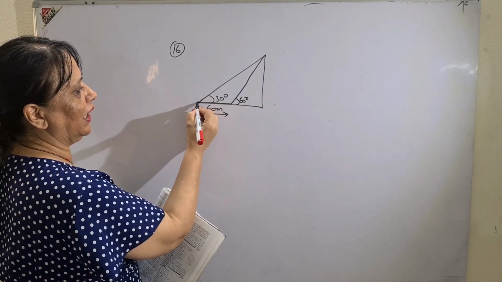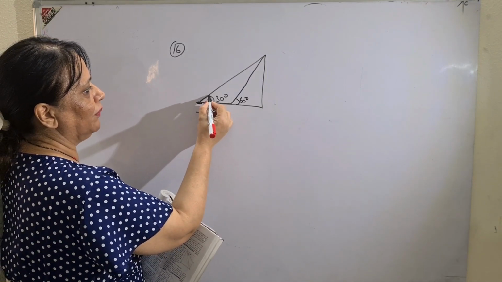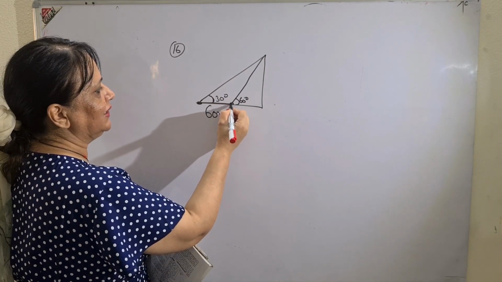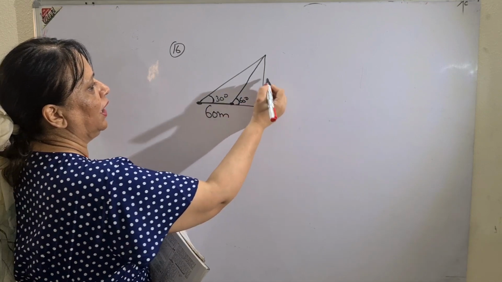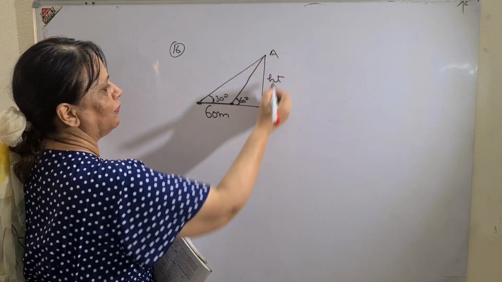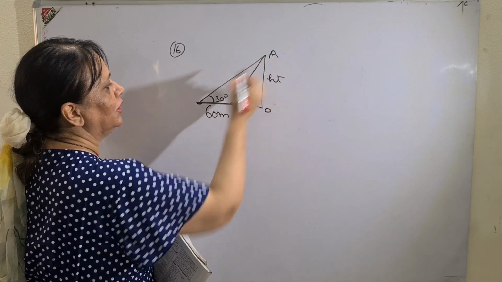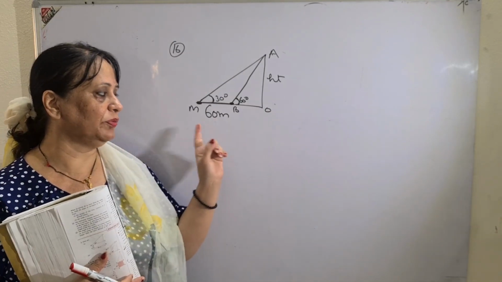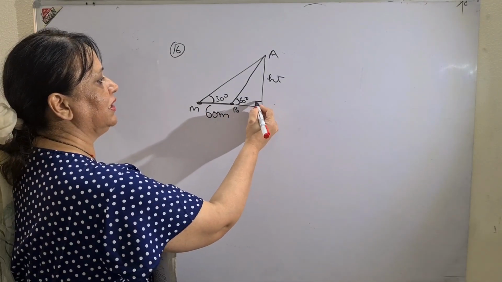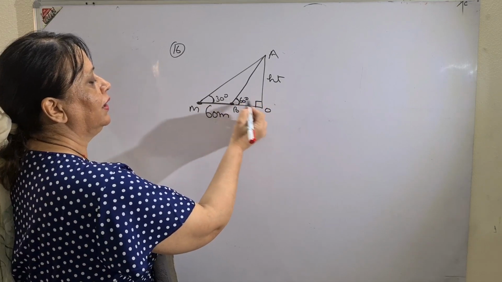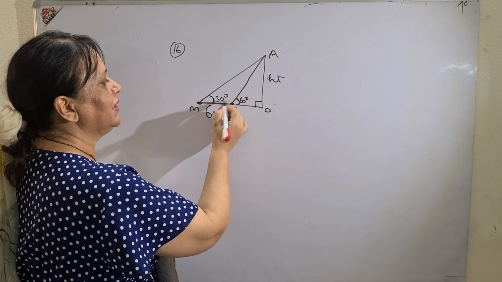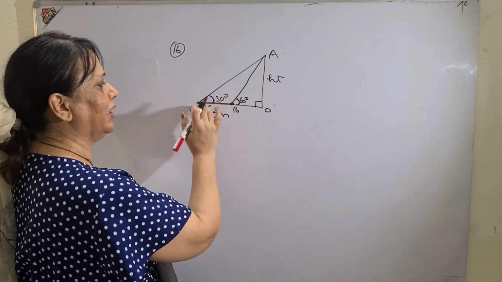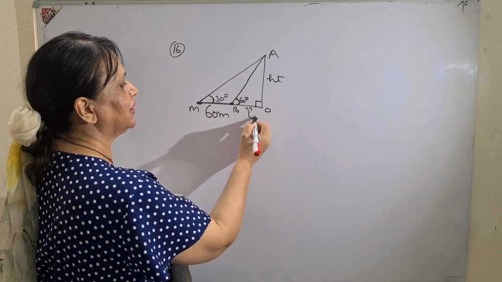60 meter. Man is walking from angle 30 degree at a distance of 60 meter, and as he reaches the angle 60 degree, he stops. I have to find the height of the tower. And this type of sums I am discussing with you since the beginning of exercise 22B. And before also I have told you that the angle which is nearer to 90 degree will be bigger, the angle away from the 90 degree will be less, and always this distance will be given, but the second part will not be given. This side of distance will not be given.